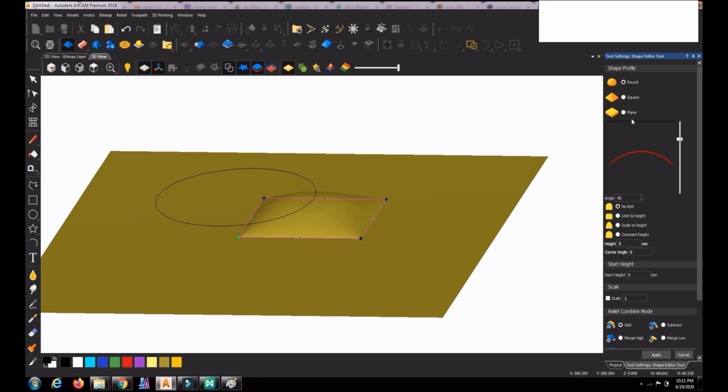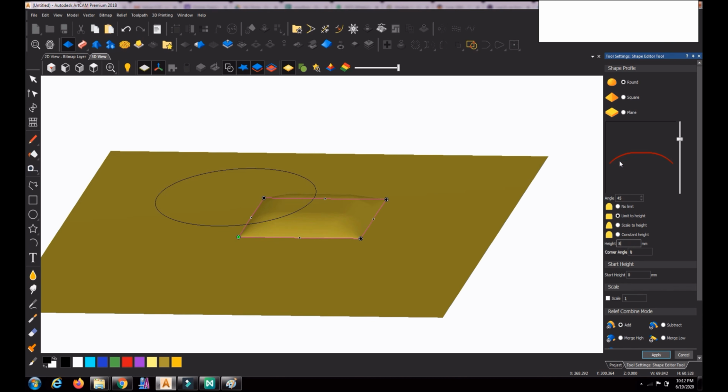Now we will go to the next option, that is limit to height. It has reached a height of 12.5. I don't want a height of 12.5, because at 45 degrees that is the maximum it can go. I want only a height of 10 or 9 or 8, like that. So I want to limit the height to 8 mm.